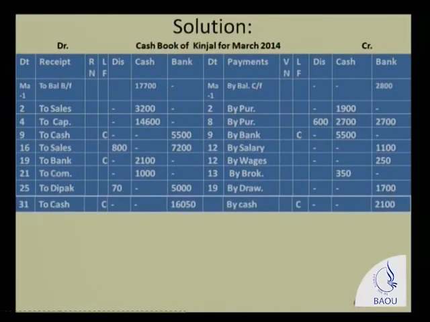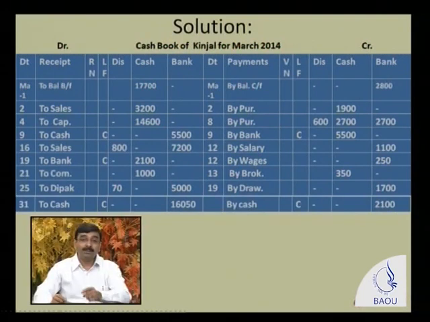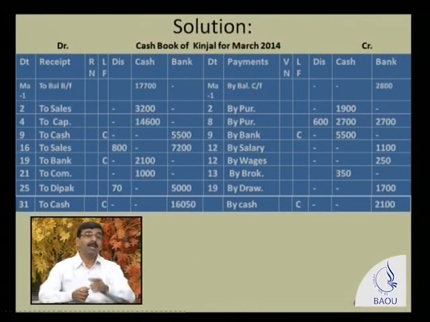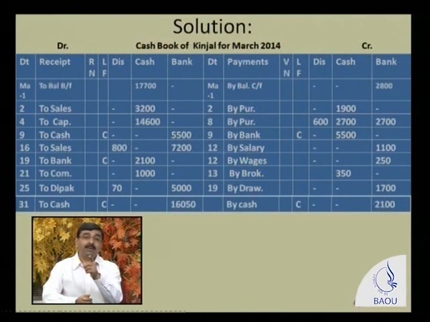Here first we consider how much amount is withdrawn, that is 2,100. Now see, the cash comes in. When cash of 2,100 rupees comes in, cash account is debited. Who is the giver? Bank is the giver. Now see, the cash comes in on the receipt side, 2,100 rupees dated 19. In front of the date 19, 2,100 rupees is written in the cash column, and the opposite name is bank, so it is written on the receipt side as to bank. As mentioned, it is a contra transaction, so it is written in the LF as contra.